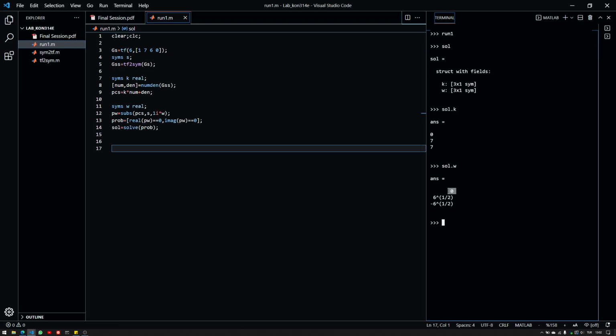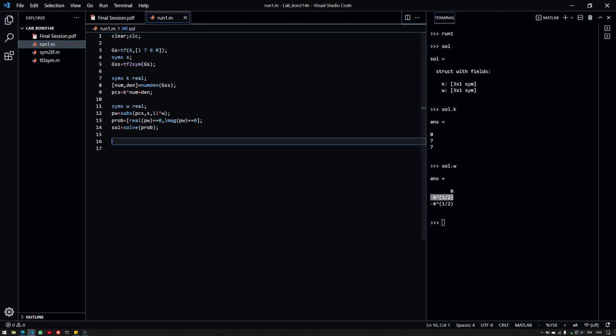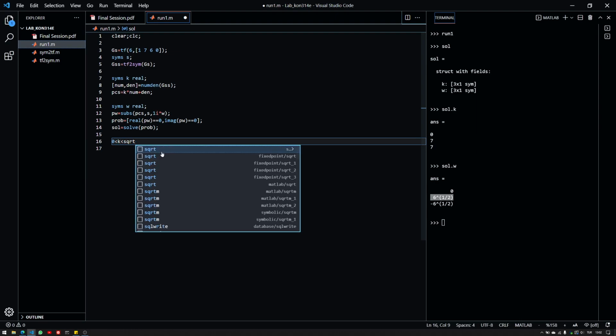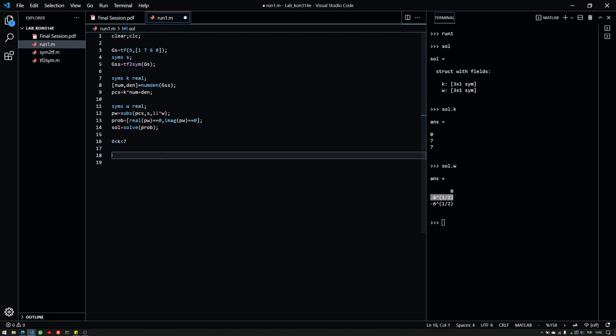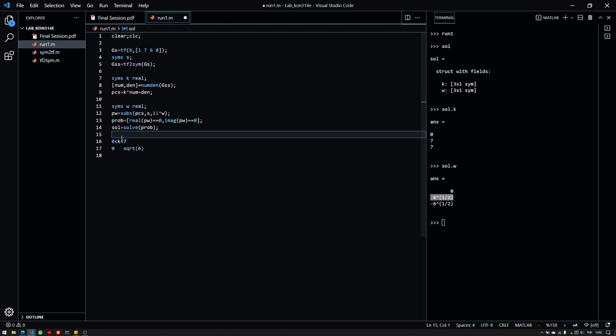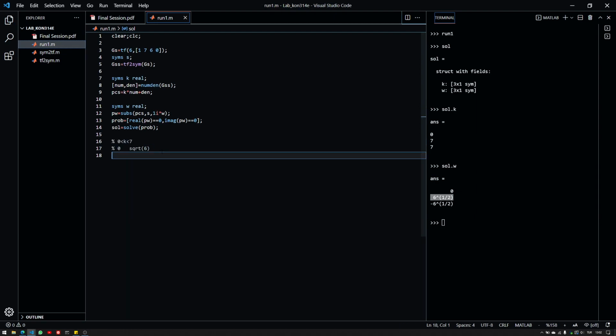So now k equals 0 is one of the stability bounds, and the other one is square root of 6. So this system should be stable in the interval between 0 and square root of 6. And for 0, the j omega crossing would be through the origin itself. And if you choose square root of 6, the crossing would be at square root of 6. Now, this is actually pretty important because